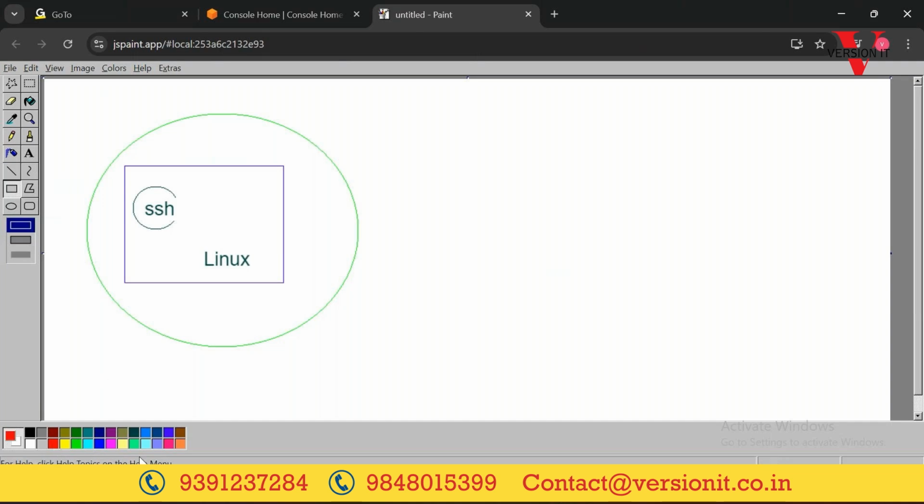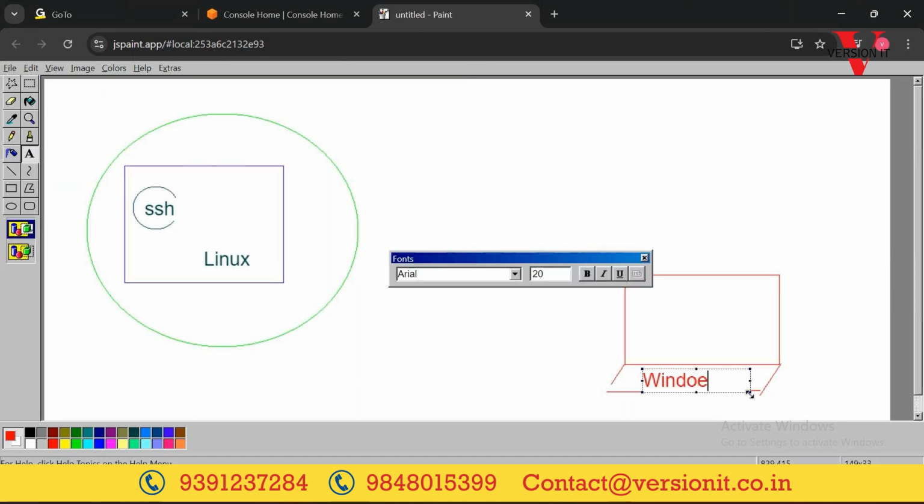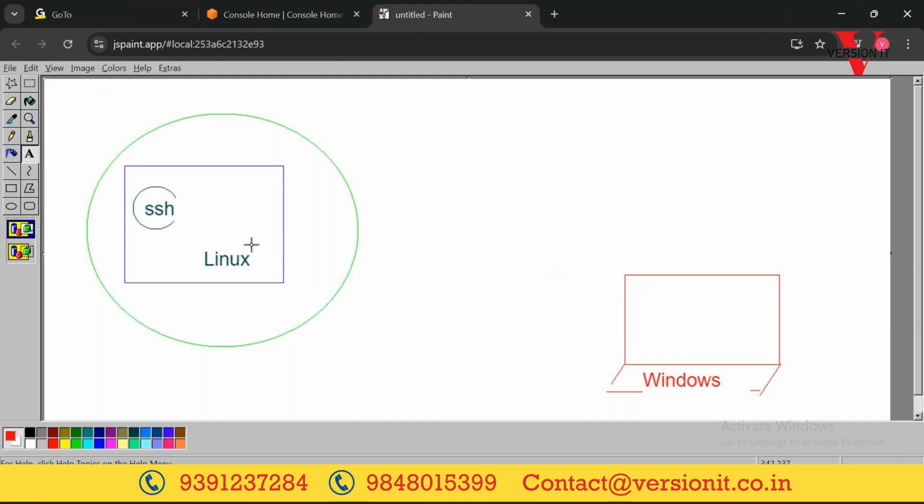Now, where are we? We are at our home network, sitting before our laptop or desktop. And this is a machine of what? A Windows machine. Now by default, AWS Linux instances will not support username with password kind of authentication. It supports username with key authentication, that is, private key authentication. Now, if you want to connect to a Linux machine from Windows, let's quickly go ahead and create an